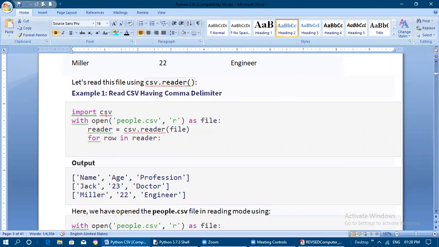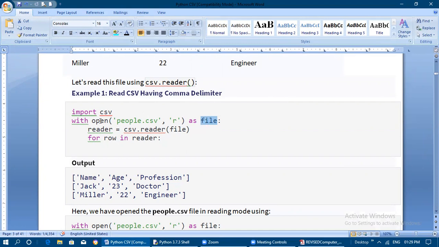First we need to import the module csv, and then with open. We have used the with statement to handle the file while opening it. The file object is assigned after the as keyword. After the as keyword we have used the file handle, or file object. With the help of this file handle or file pointer only, we will be reading the file. This is acting like a pointer to the file pupil.csv.